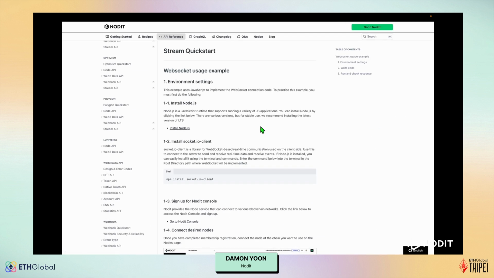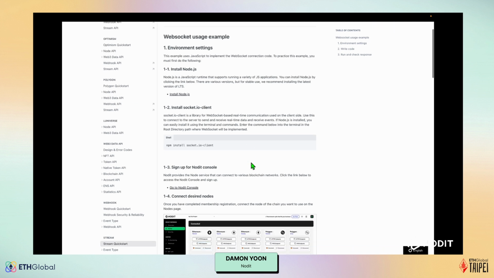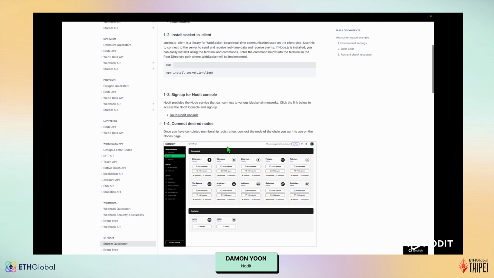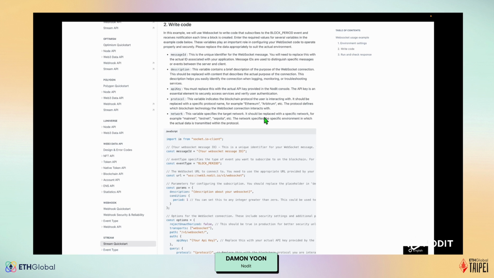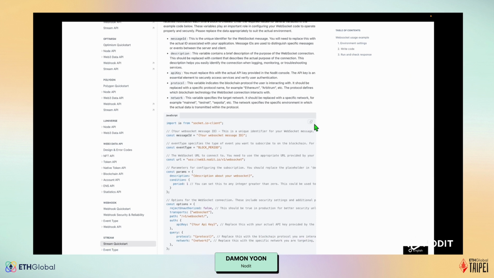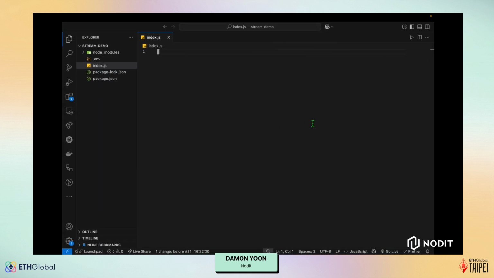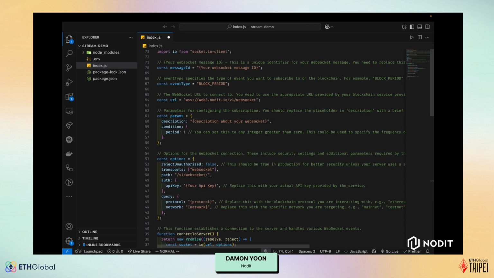If you are setting this up for the first time, follow this guide step by step to configure your environment properly. But my environment is already set up, so I will go to the code section and copy the JavaScript code and paste it into my script file and specify the WebSocket message ID here